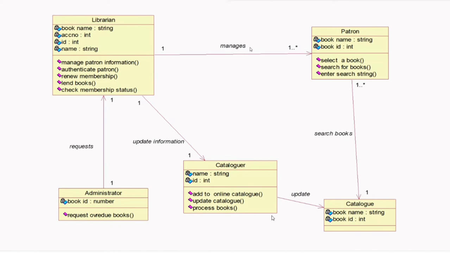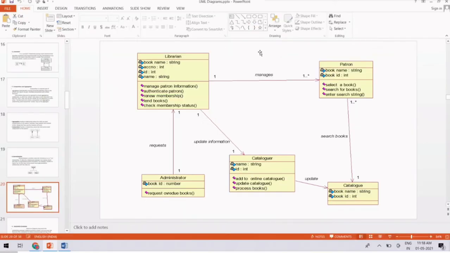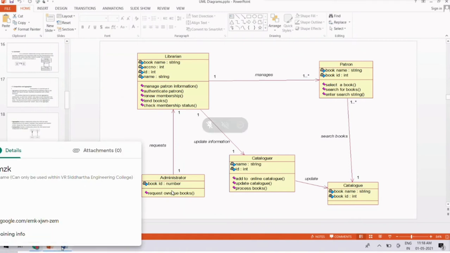Now, if I give you a task, some case study, you can draw a use case diagram and a class diagram. You can attempt to draw them. Okay, so just remember this. Okay, any doubts, students, here?